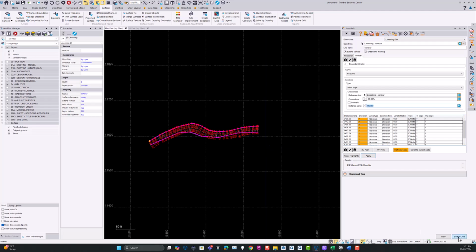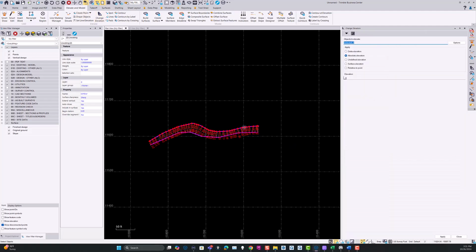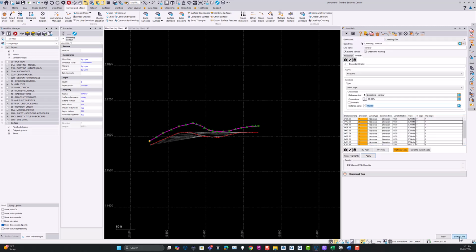Now if you for any reason decided that you didn't want to do it manually, then let's do it the other way. So we're going to come back and I'm just going to use the change elevation command to change the elevation of this line, and I'm going to make it back to 2D and say apply. So that line is now gone, the surface model has been removed as a result. So let's go back into this command here, and we're going to go back into adding VPIs to this line